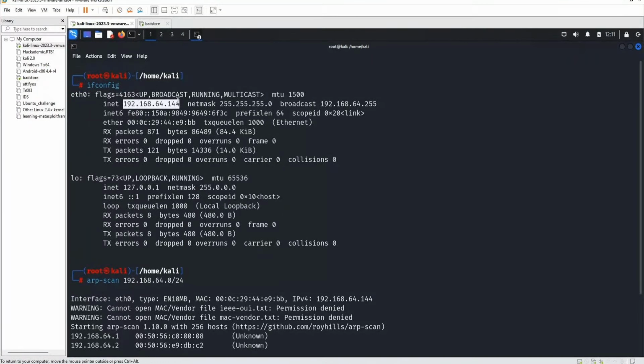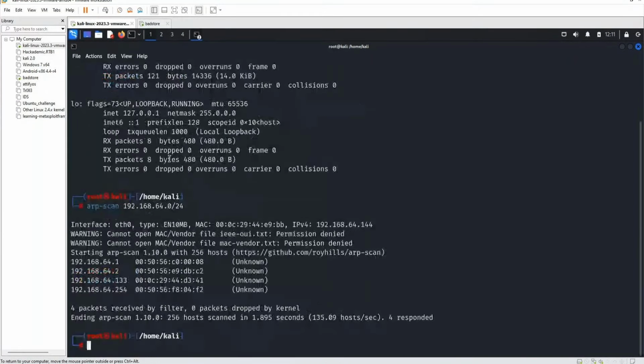We use this ARP scan to scan the network, you can say. Whatever devices are up and running within our network will come here. This device is up and running, that's why it came here. So I'll just copy it